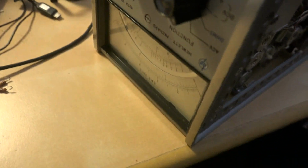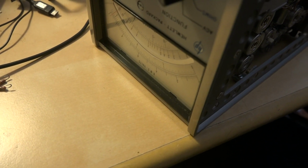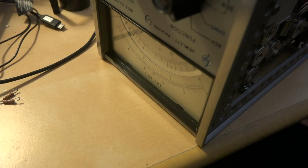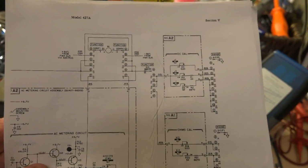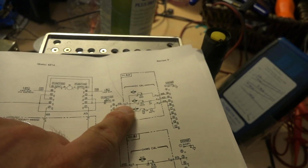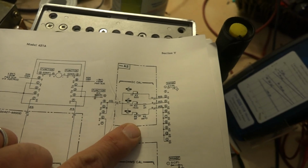Well, I wasn't able to recreate that ticking of the meter on a voltage scale, so for now I've decided to investigate another of probably many problems with this meter, and then see if correcting those other functions corrects the other issues on the voltage measuring side. Alright, so going over the circuitry here, for the DC voltage, the 1 volt scale and higher is not working, and so I traced it down to one of these 3 resistors here in this DC calibrator circuit. It's actually R5, the 5K,